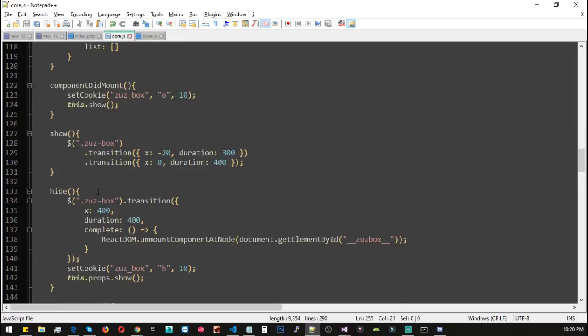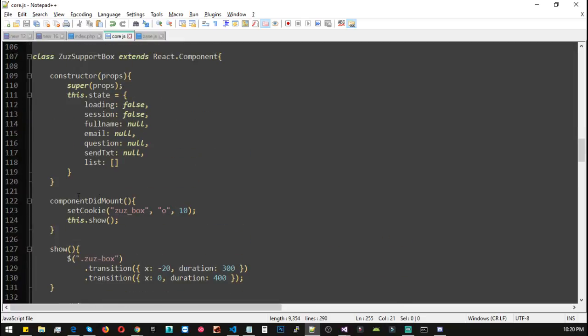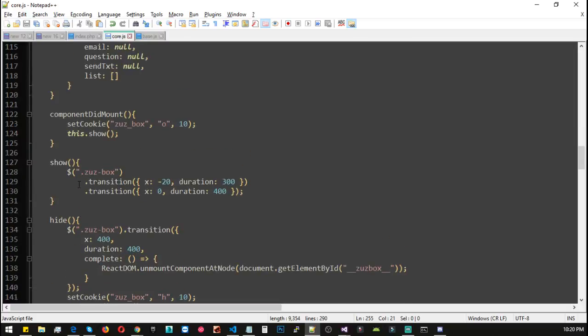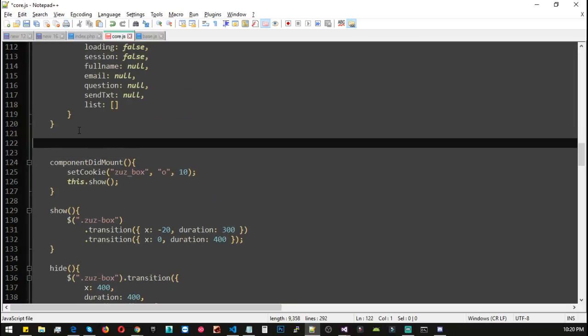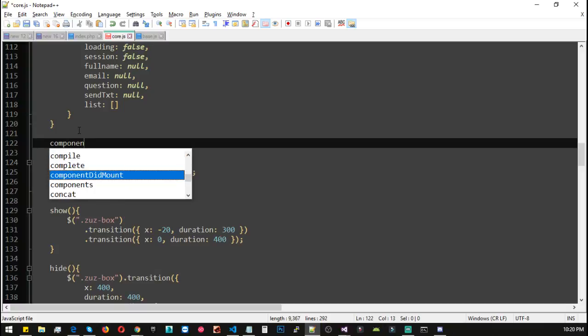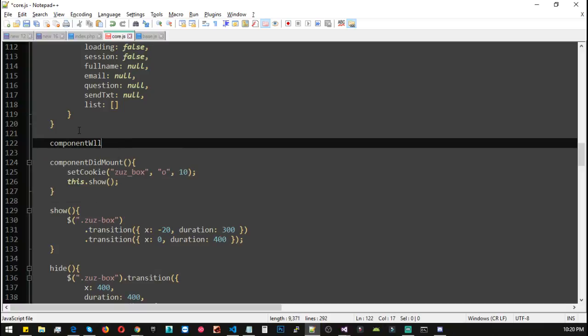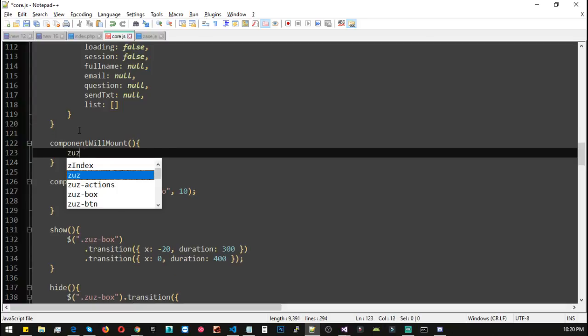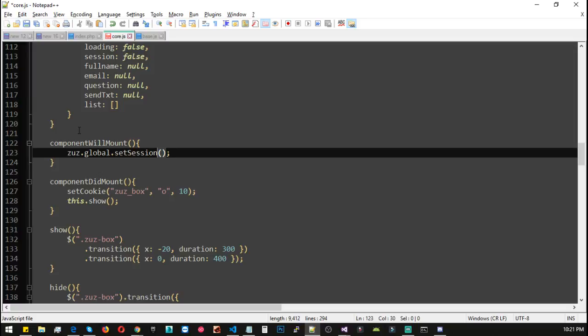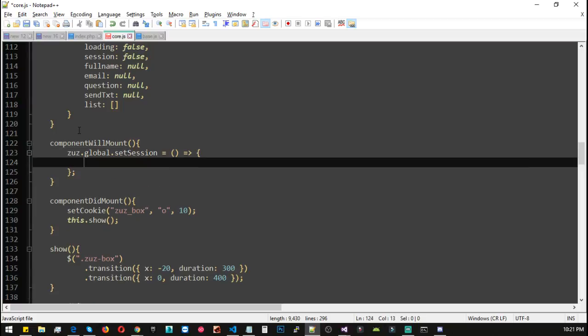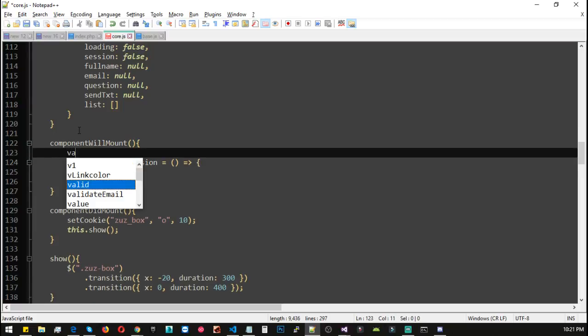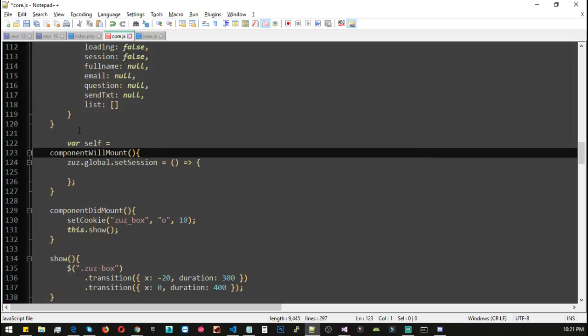And inside the global we should be storing a couple of methods, and inside the support box let's add component will mount and add this dot global dot set session equals